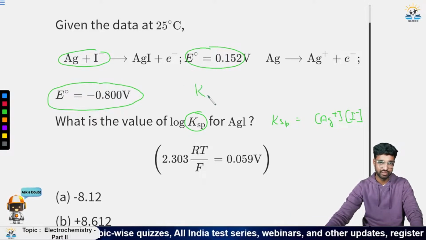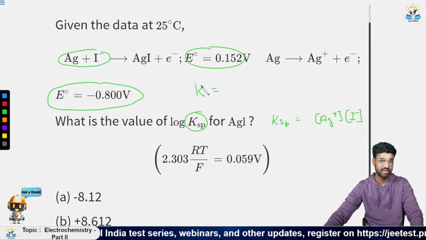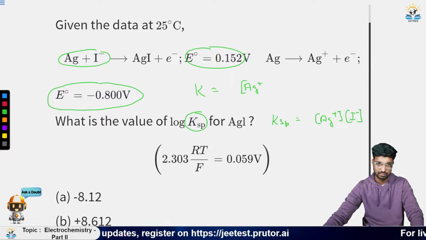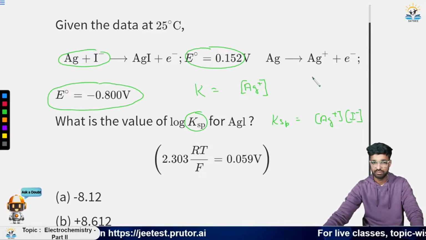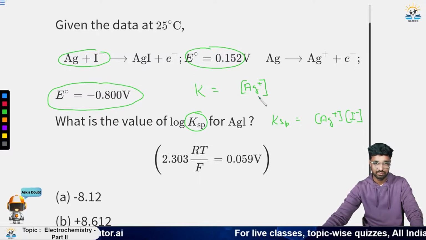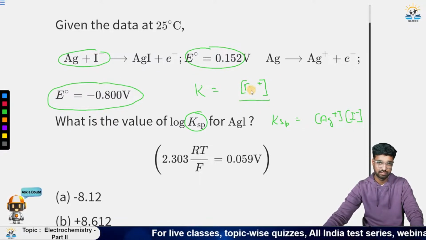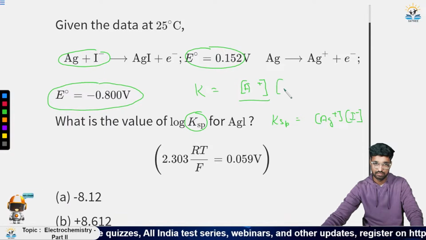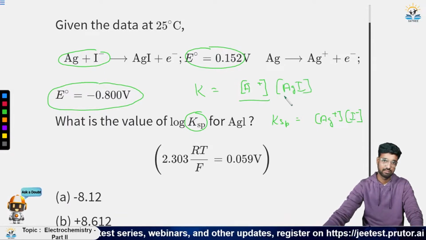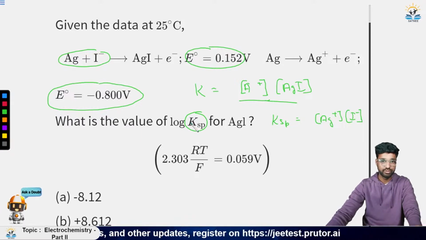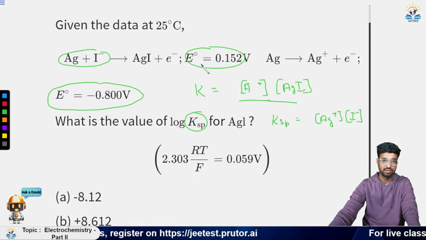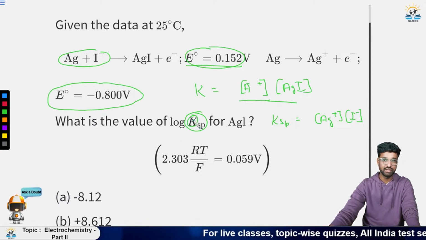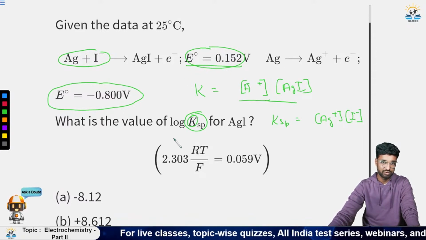So if you write the K for this equation, for both of these, that will be Ag+ and AgI. So we will use this equation: Ksp equals Ag+ times I minus. Then we'll put the value of E naught, we have it here. So we know that it is given K. So K is the equilibrium constant. So E will become equal to 0. We will put